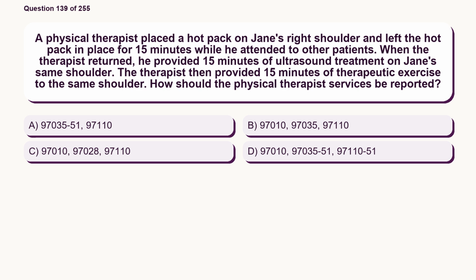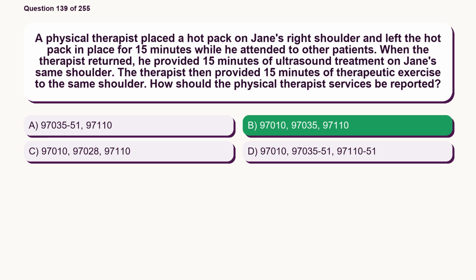Option A, 97,035-51, 97,110. Option B, 97,010, 97,035, 97,110. Option C, 97,010, 97,028, 97,110. Option D, 97,010, 97,035-51, 97,110-51. The correct answer is option B, 97,010,